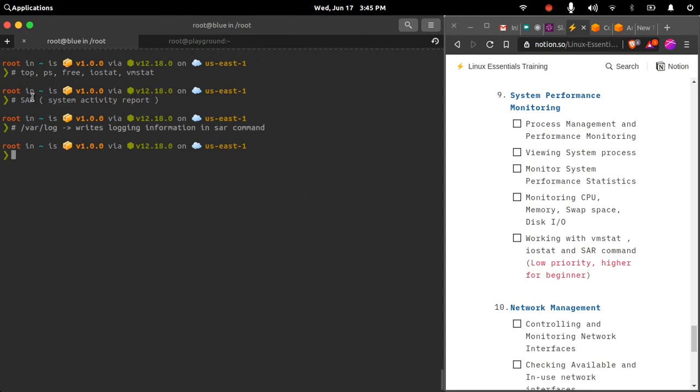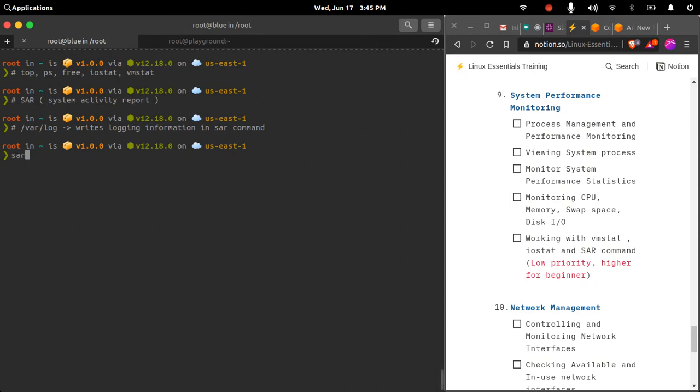This command does not come pre-installed on many systems. You have to install it explicitly, and it is also used for troubleshooting system performance. These commands are actually important for you. Just take a note of this, and I'll provide you with proper cheat sheets, documents and articles that you can use for learning about these commands further.